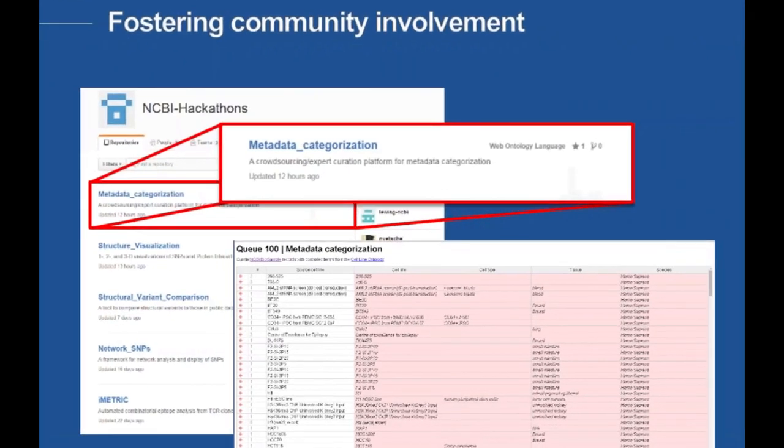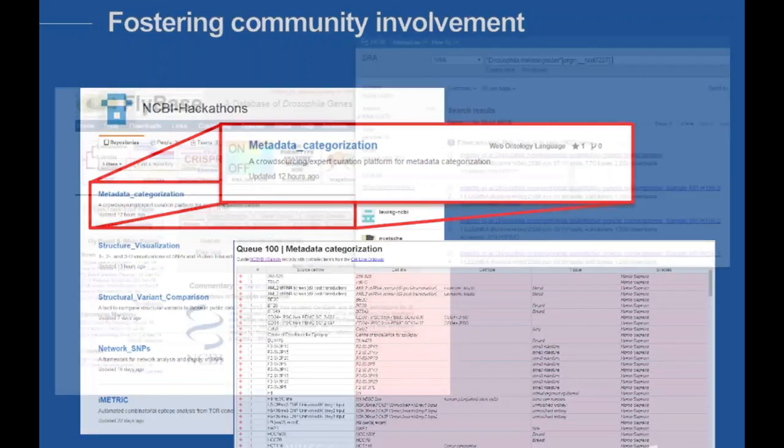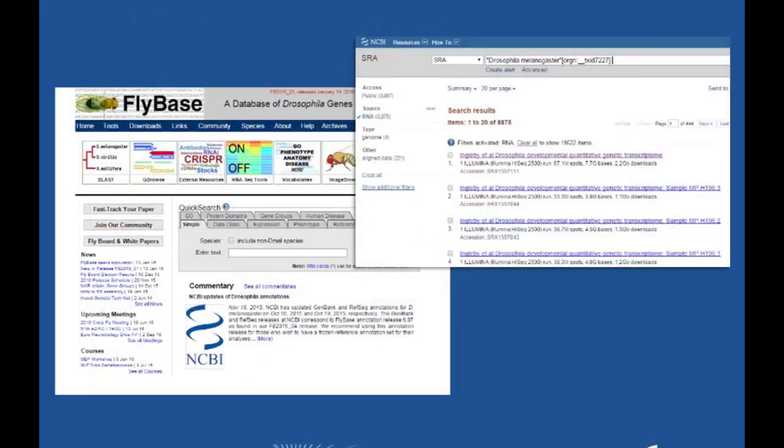As all of you know, metadata is a major issue in bioinformatics and data science. And one of the projects we did was to try to help librarians at the National Library of Medicine curate biological metadata for 14,000 RNA-seq data sets in Drosophila. And we actually used those data sets in a collaboration with Flybase to help reannotate the Drosophila genome. That collaboration is ongoing. And I think this shows that these hackathon projects can really have a significant impact on